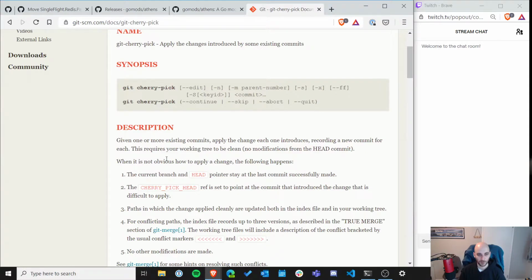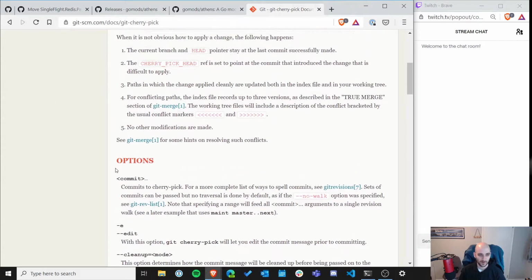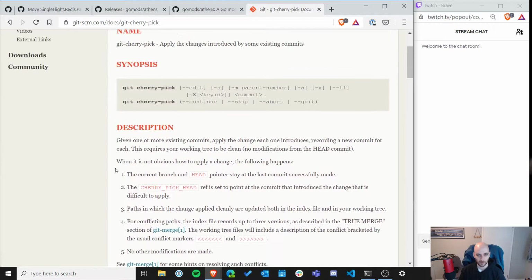This requires your working tree to be clean. It's not obvious how to apply the change. The following happens. The current branch and the head pointer stay at the last commit made. There is a new cherry pick head ref set to point at the commit that introduced the change. It's difficult to apply. More stuff happens. So I mean, the basic idea is we're pulling in another commit from the